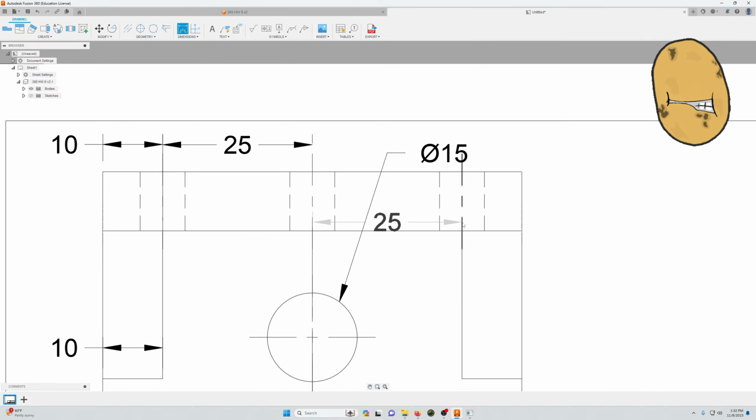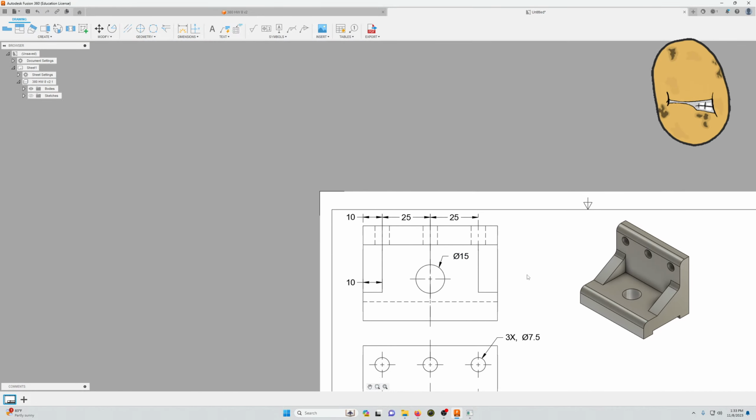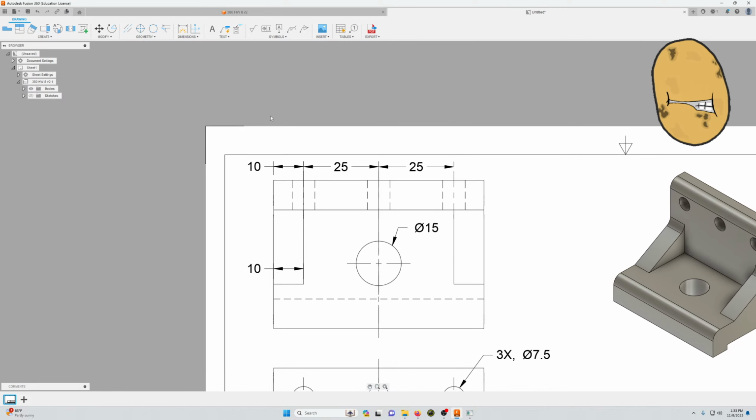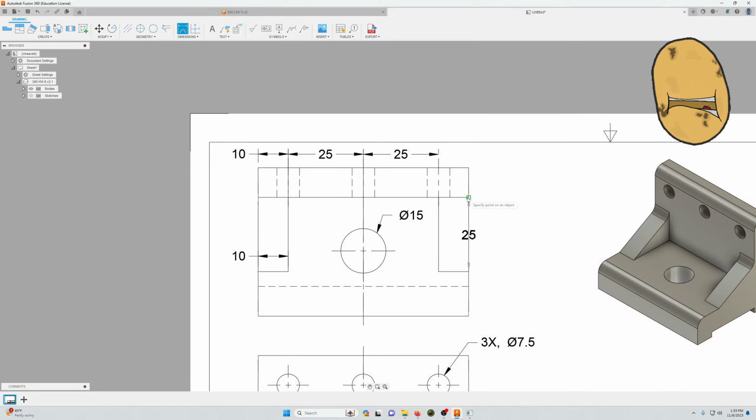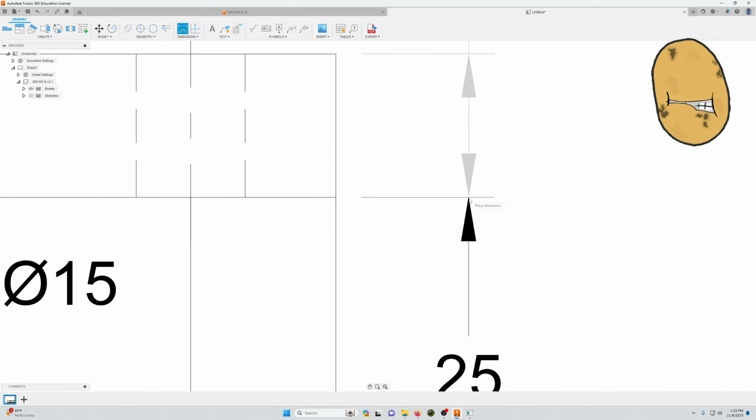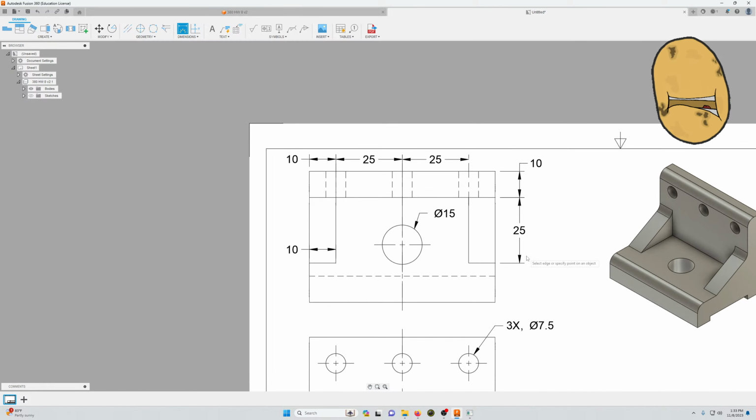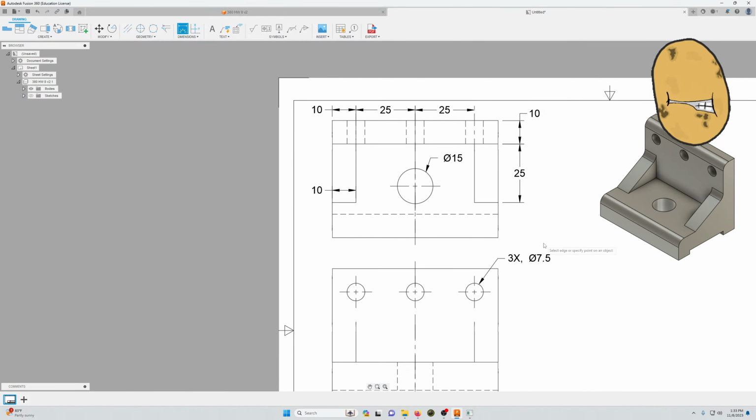This is in the way, so we're gonna go ahead and drag it right here. That doesn't look bad. Then we're gonna do some dimensioning. We're gonna say that from right here to here is 25. From right here to right here is 10. And we're gonna say that the total length here is